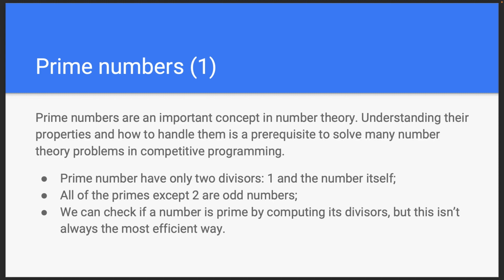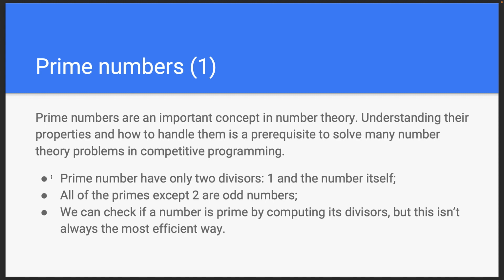It's a key concept, like I said, in number theory. Why is that? Prime numbers have only two divisors, and another property is that all primes are odd except 2. This is also an important fact we will expand on later. And